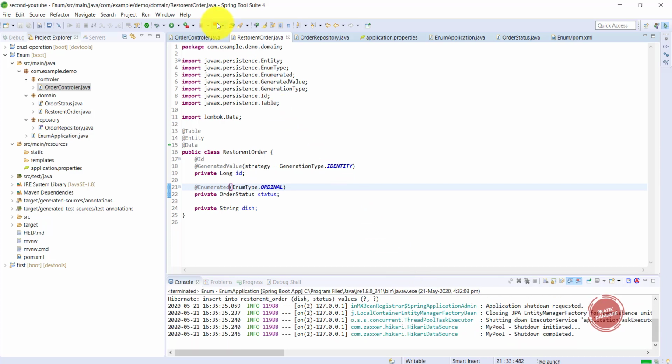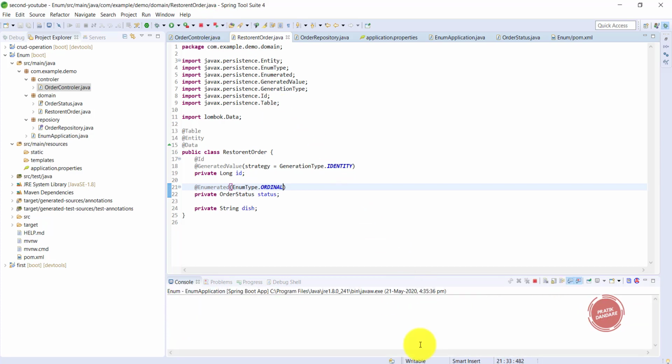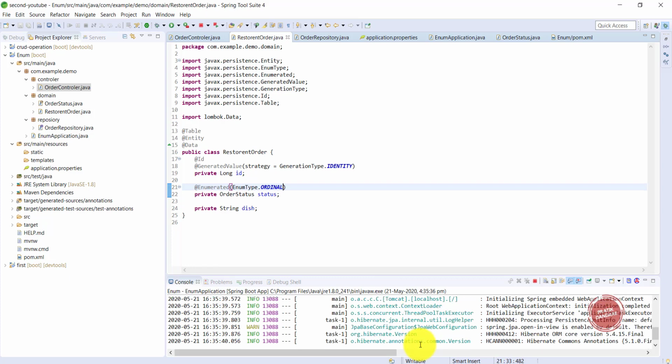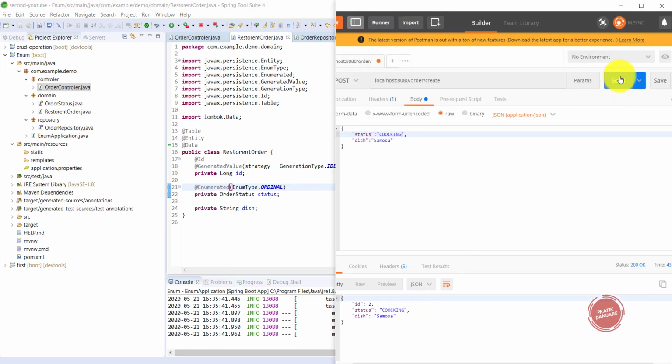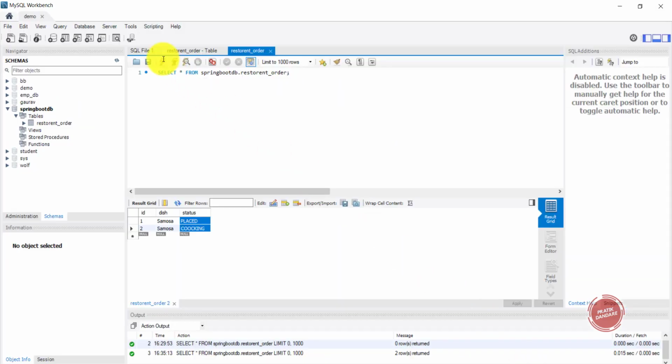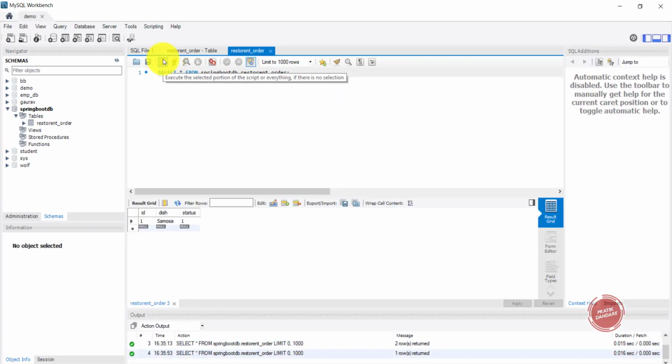Let's see once again. I am running the project once again. Yeah, okay, the project is up. I'm hitting the request. We have status as cooking here. But let's check the database to see what happened. Look at here, it just stores the ordinal position of the enum, which is a bad practice.